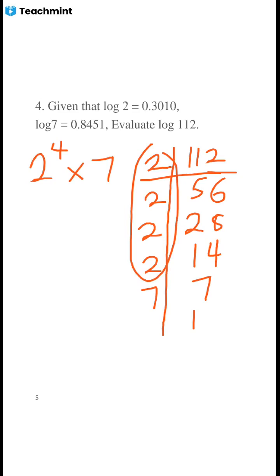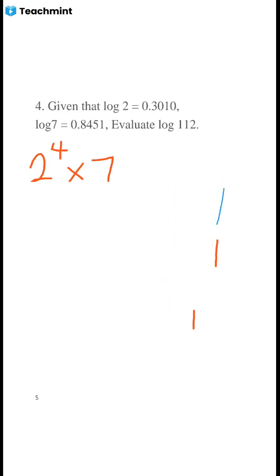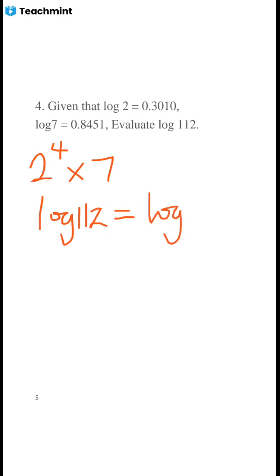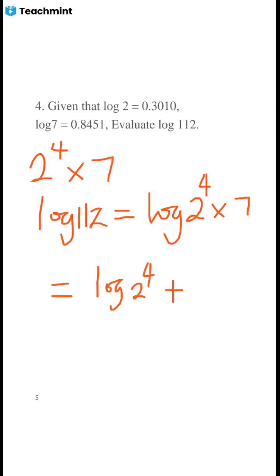So I can erase this part. I don't need it again. This is just what I need there. Now, instead of writing log 112, I'll write log of 2 raised to the power 4 times 7. And you know that we can express addition as product. So now that we need product as addition, we express it as addition. So this is going to be log 2 raised to the power 4 plus log